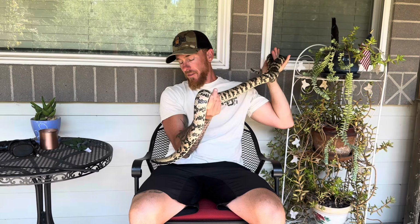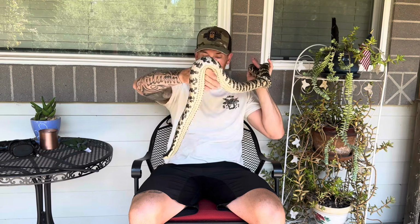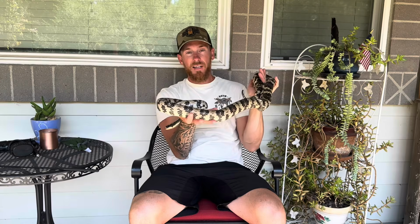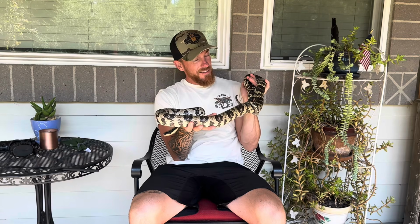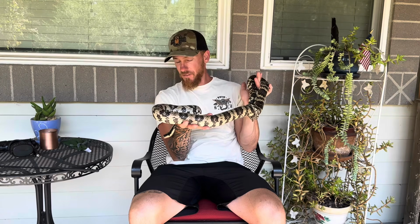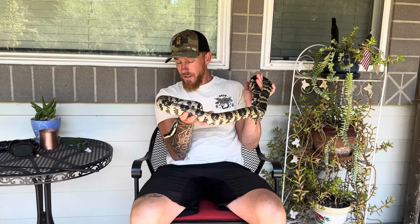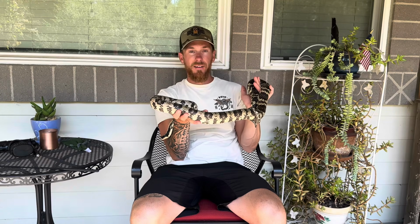When I first got her, the pet store said this was the only snake in the whole store that they use a snake hook on, because she was crazy. I thought that was kind of cool, so I bought her, and she's mellowed out a lot. She is very, very, very cage defensive because she has a very strong feeding response. She thinks when that door opens on her cage that it is feeding time, so anything and everything that she sees